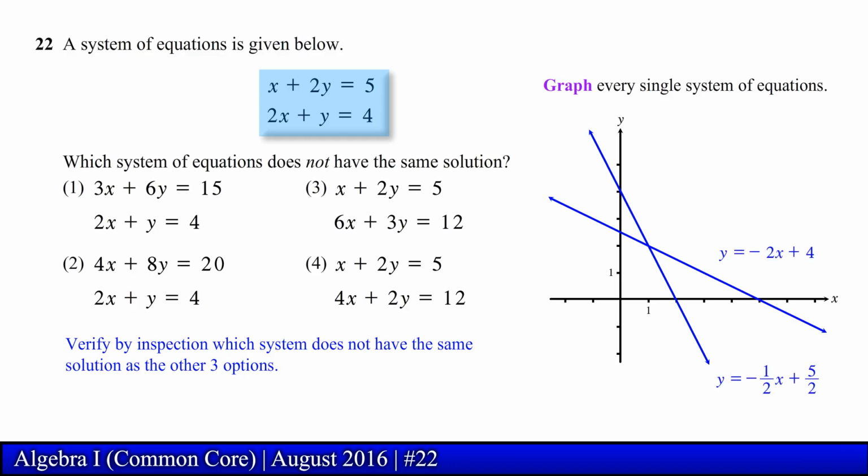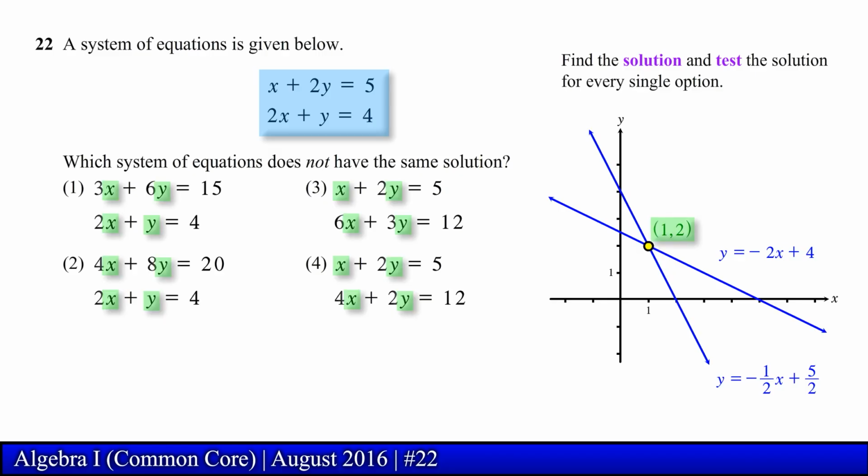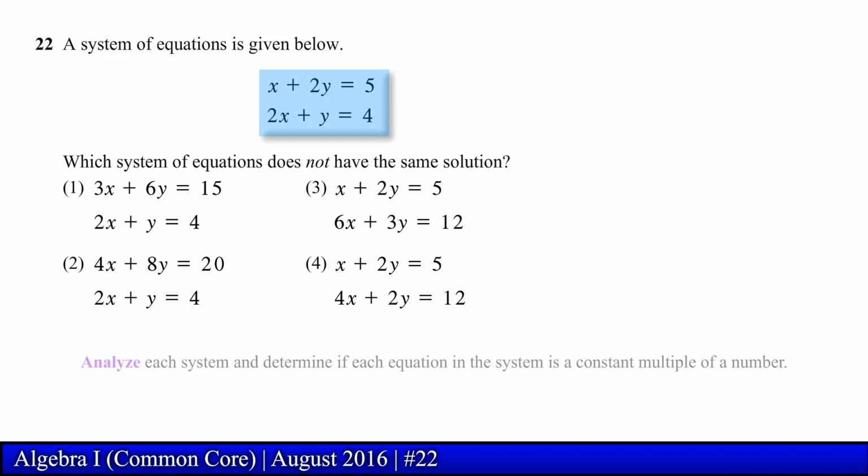This would take quite some time since we need to solve for y for each system and graph all 4 systems. We can also find the solution of the original system and test the solution for every single option. The option that does not yield a true statement for both equations would be our answer. This method will also take some time. An alternative approach would be to analyze each system and determine if each equation in the system is a constant